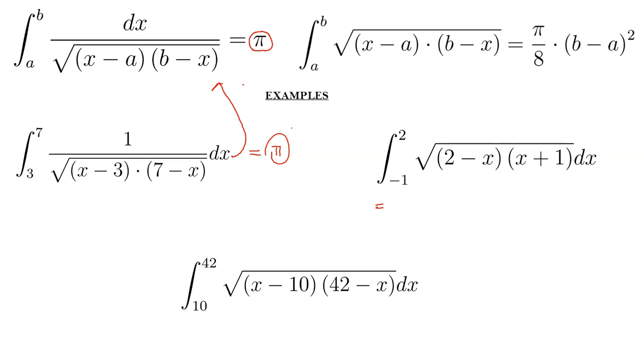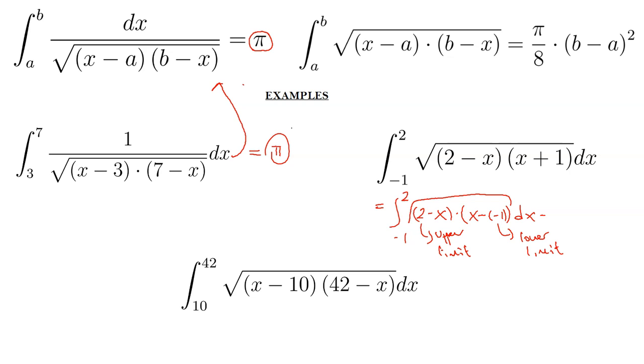So the integral from -1 to 2 of the square root of (2 minus x) times (x minus (-1)) dx. Notice that this 2 is my upper limit, and this -1 is my lower limit, as you can see. So if I just apply this formula, pi over 8 times